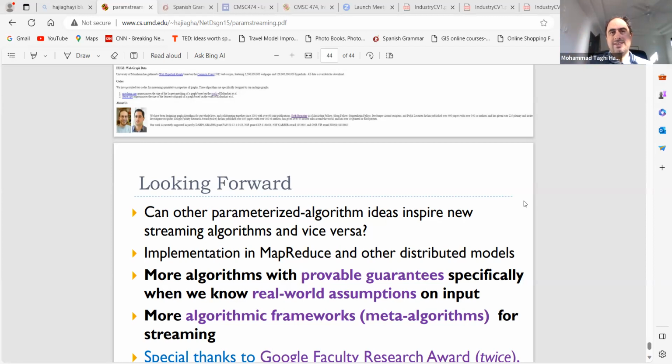Generally, the whole idea we talk about is vertex sampling, or this algorithm that we have mentioned for the parameterized setting. These are a very general set of algorithms, which are called meta algorithms. Can we design more of this kind of algorithmic framework, especially for big data, either streaming or MapReduce? That's a very big and challenging open problem that would be very interesting, because it gives us very general ideas about the framework. And that's it. So I stop here.